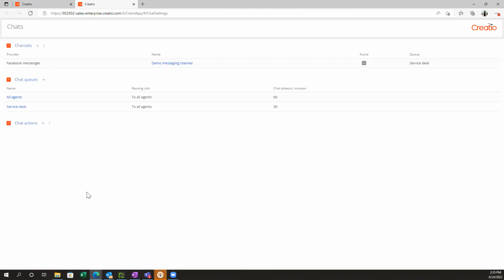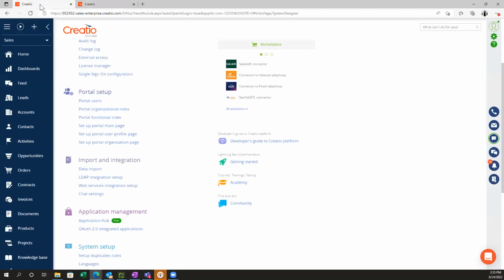Basically, it will show channels that are available. Currently, I just downloaded the Facebook Messenger, but WhatsApp would also show here. You can set up a chat queue, which basically just says which teams and agents are using the chat, chat actions, and then add channels right here. So if we go back,